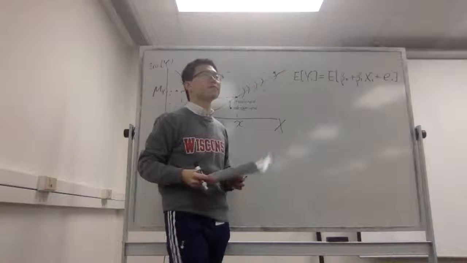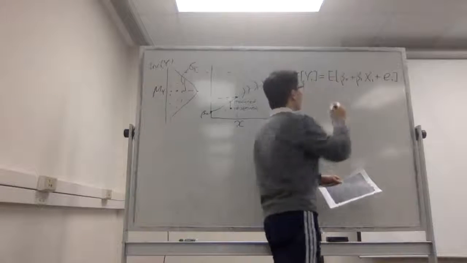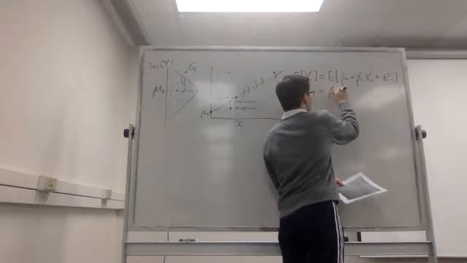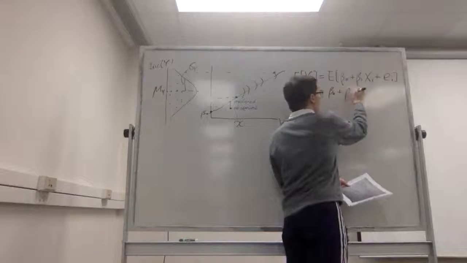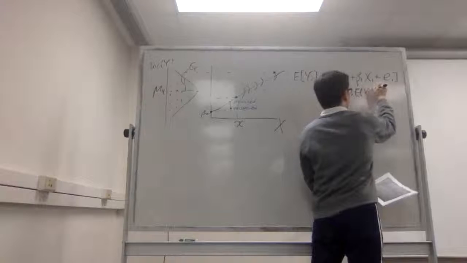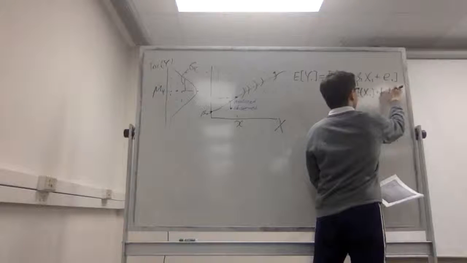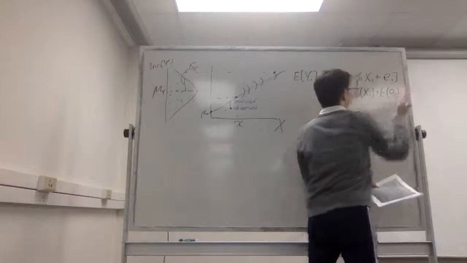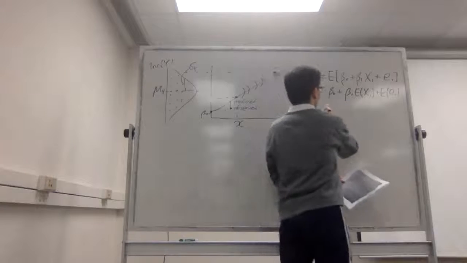Right? And then this becomes beta 0 plus beta 1 multiplied by the expected value of xi, plus the expected value of ei, which becomes